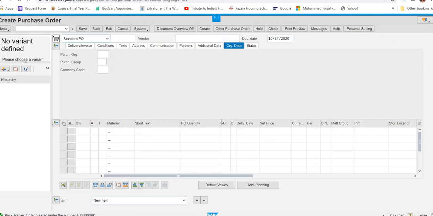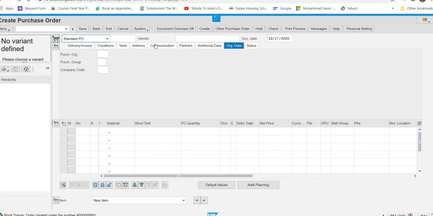So you can see 4, 5, and then several zeros, and this is my stock transport order generated. 4, 5, I think 5 zeros, 691. This is the stock transport order. So the first document has been generated.